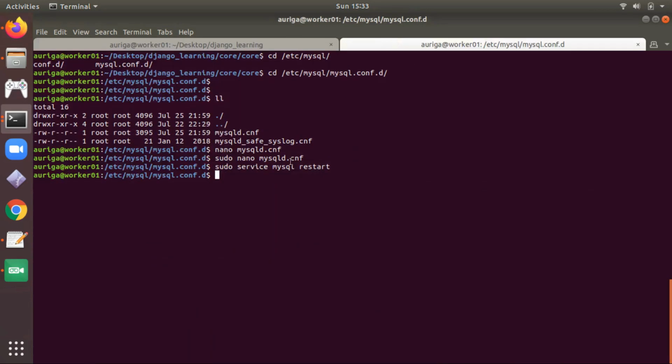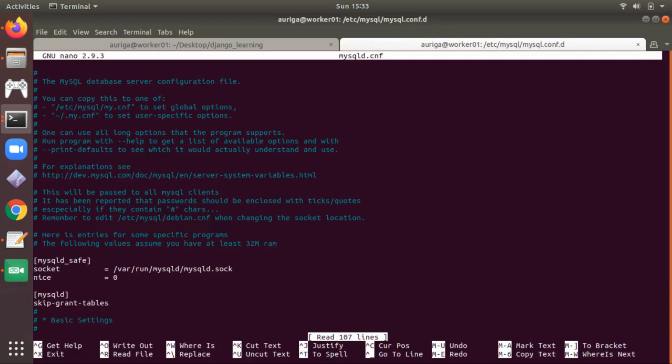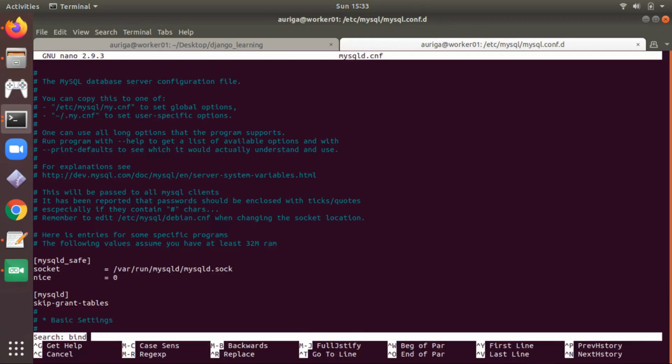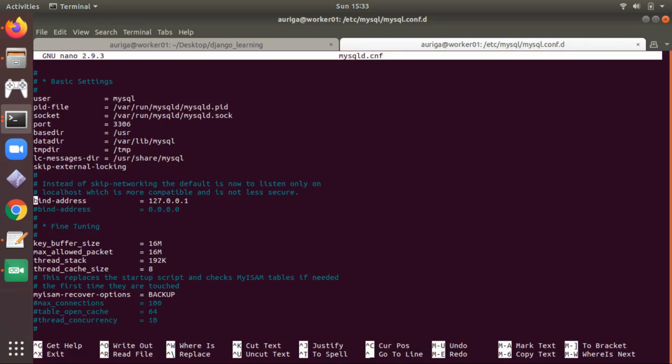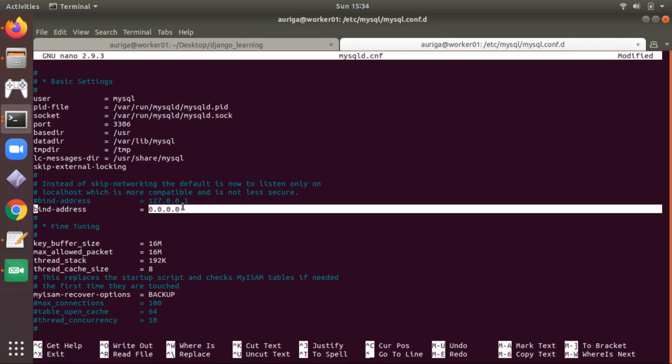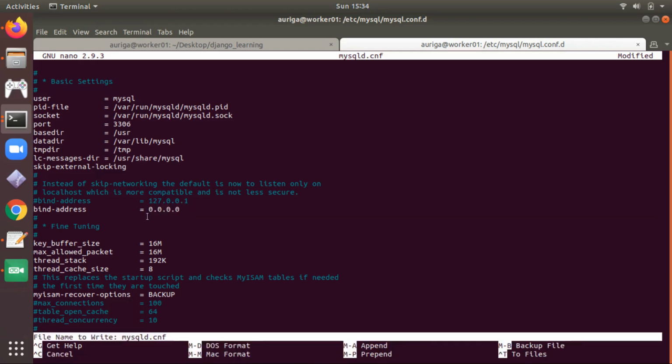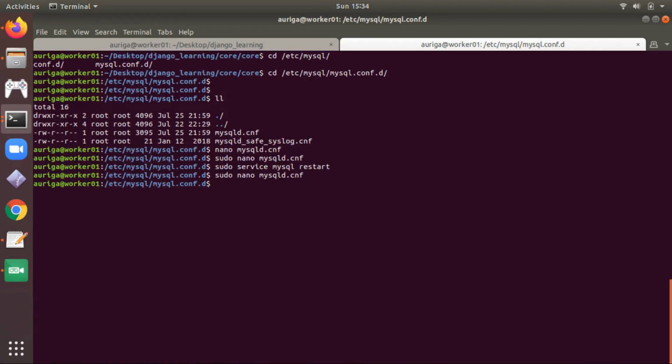So to make this happen, just go to this file and go to bind address, and here you can allow all the IPs, or you can allow specific IPs, whatever you want. So I am allowing all the IPs here, and restart my service.